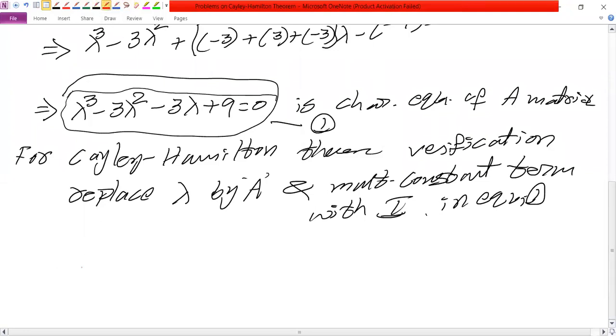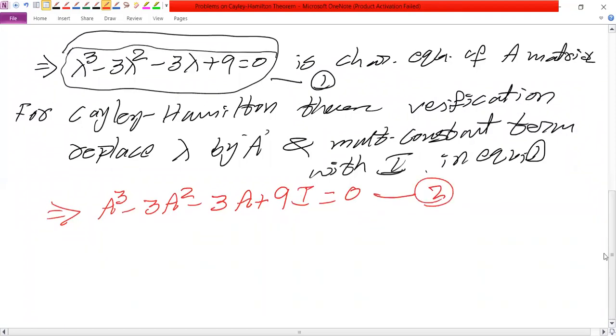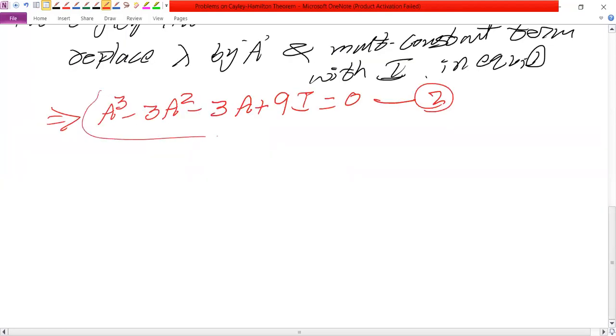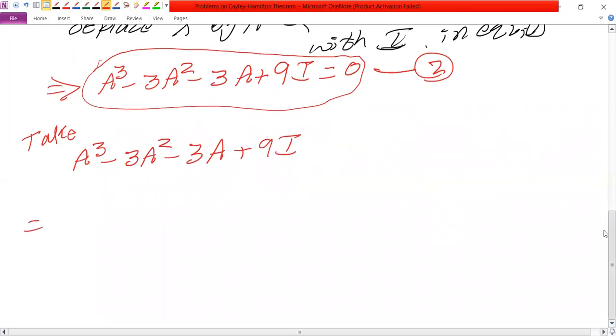Now what are we going to get? That implies, and this is the important point I am writing in red color, A cube minus 3A square minus 3A plus 9I, taking this as equation number 2. Now what do we need to find? For verification, take only the LHS part. In the first problem I mentioned finding A cube, 3A square, 3A, 9I like that, but now don't do like that. Directly take the LHS part, A cube minus 3A square minus 3A plus 9I,